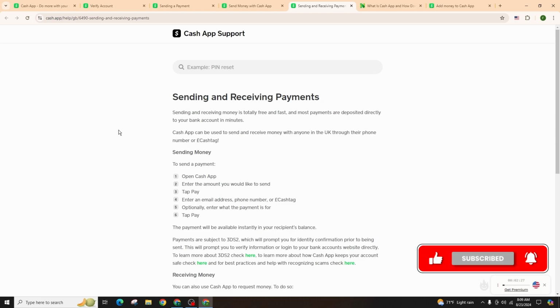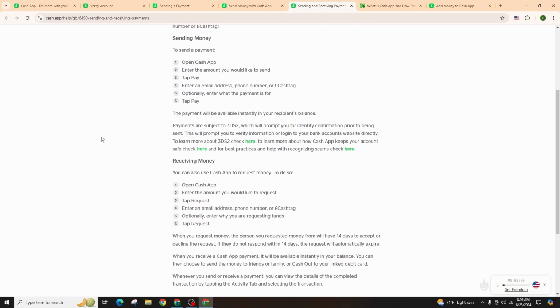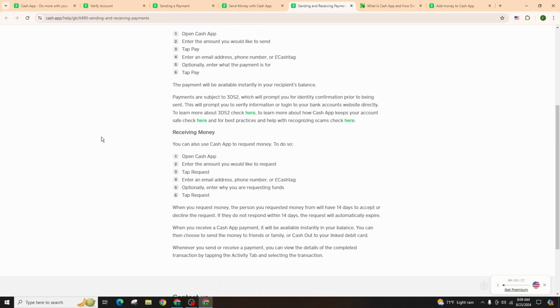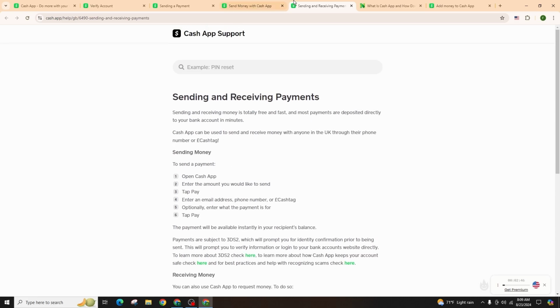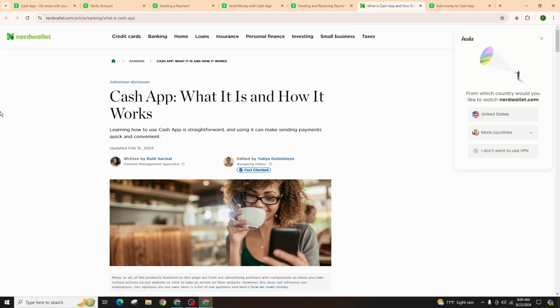So, if you do not have a government-issued ID, Cash App accepts other forms of identification as well. For example, you can use a voter ID card or the military ID as well, and Cash App will also accept the foreign passports. This flexibility ensures that the users without typical forms of ID still have the options for